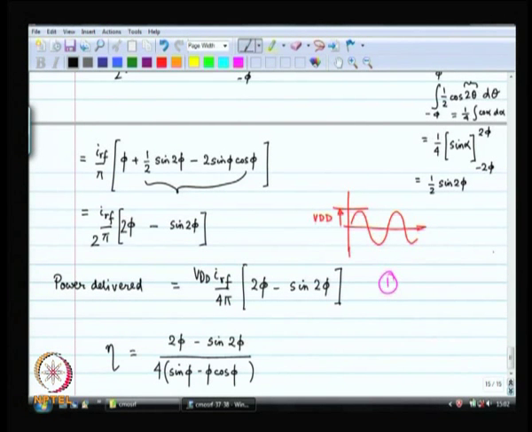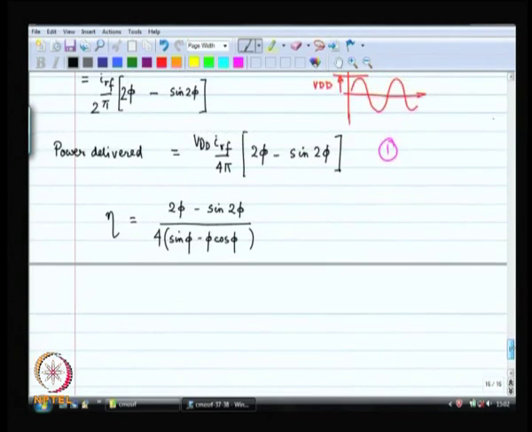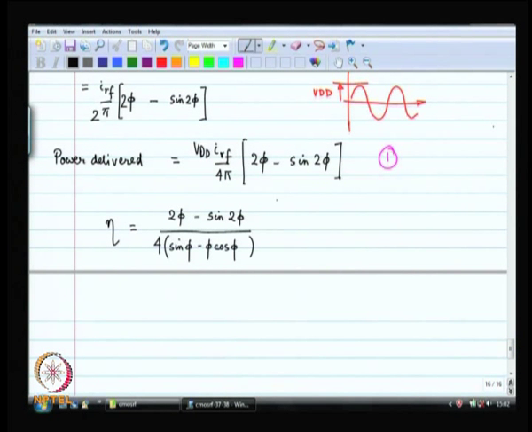All right. So, this is the efficiency that I have got, and if you look at this expression and compare it,